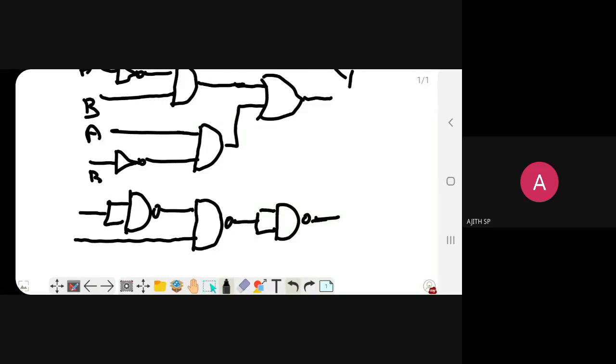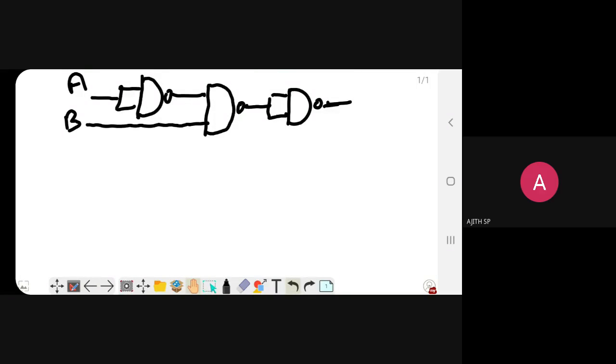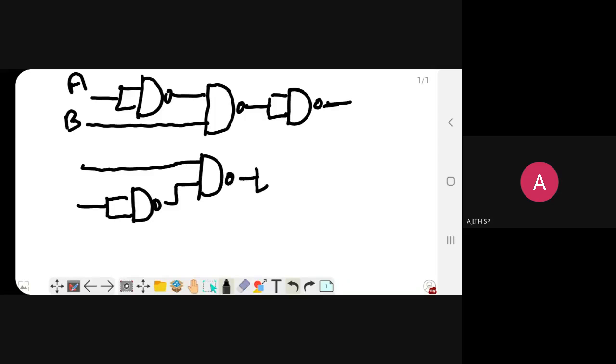For the next condition, so this is A and this is B. For the next condition, A, B bar. For B bar, I am going to use a NOT gate, and then for the AND gate, this is the implementation. So this is A and this is B.